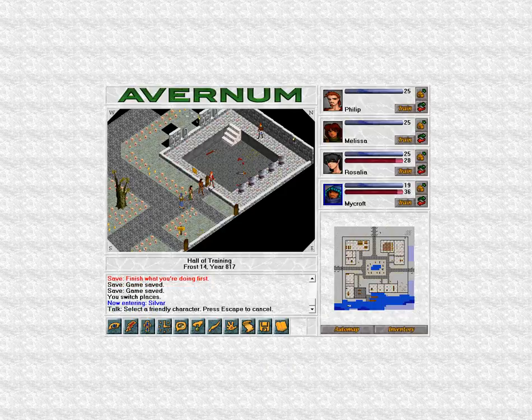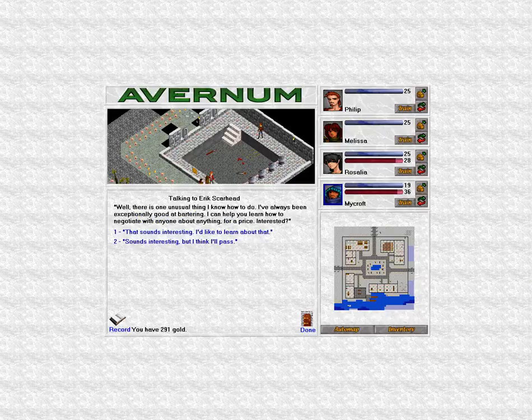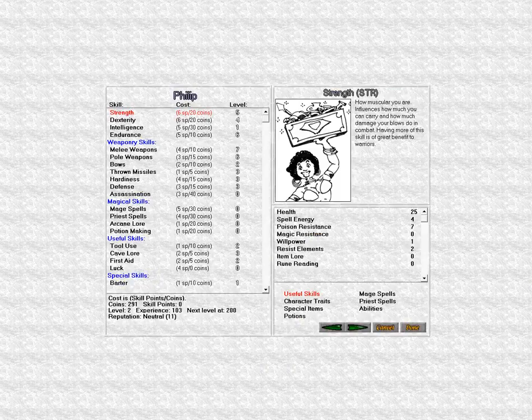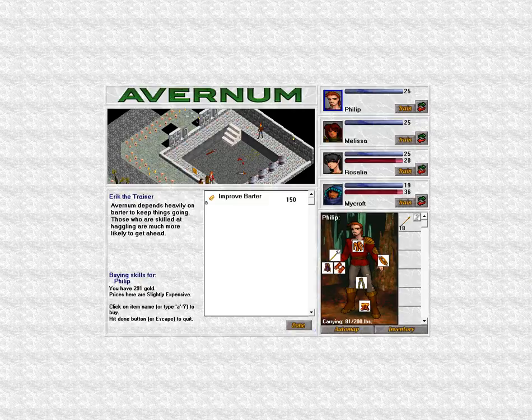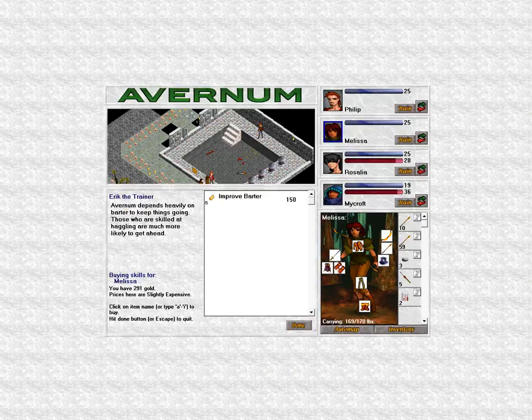And if we talk to Eric, if I remember rightly, he had the ability to learn improve barter. Now we have that already for Philip. We know that. Philip has barter, but none of the others do. So we'll give that to Melissa, because we can spend money to improve our ranks in it, but I think it's a party thing, and we can use skill points once we've learned the skill. So if we teach everyone the skill first, there we go,